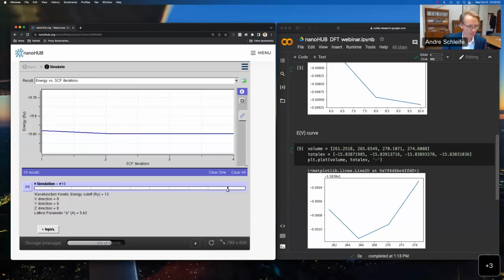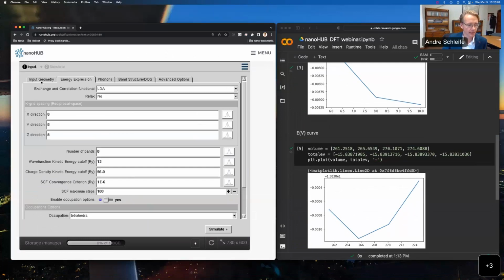So what I do here is I go back to my input. You can reset your values here. I put 16 here. Normally you would now put whatever cutoff energy you determine to be sufficient so that you're happy with the accuracy. I'll just put 16 here. And the same is true for the K-point grid. You put whatever K-point grid you determined to be converged. And then you go back to the